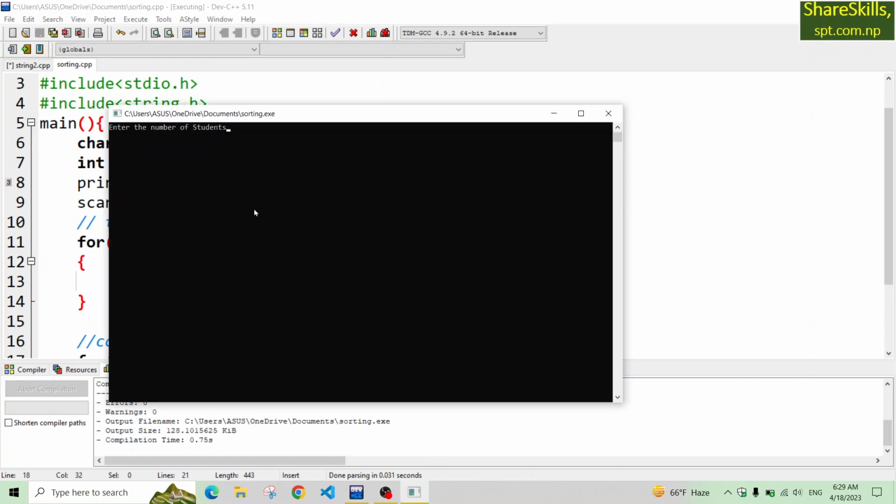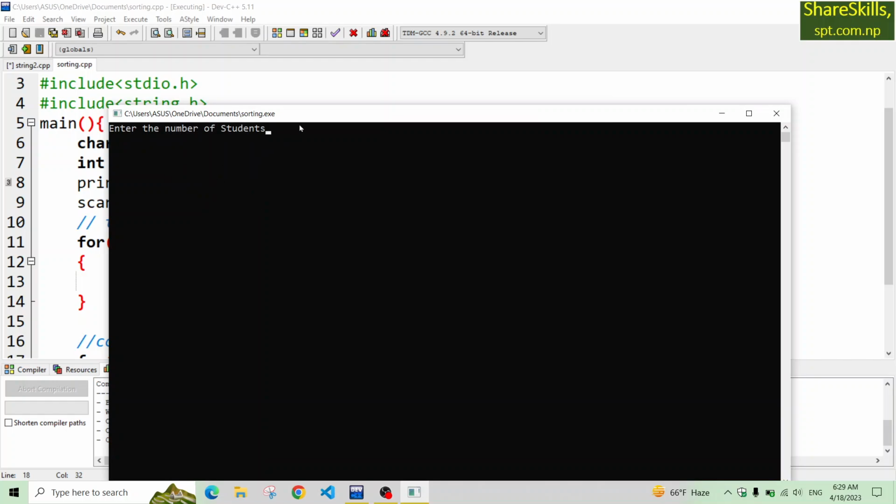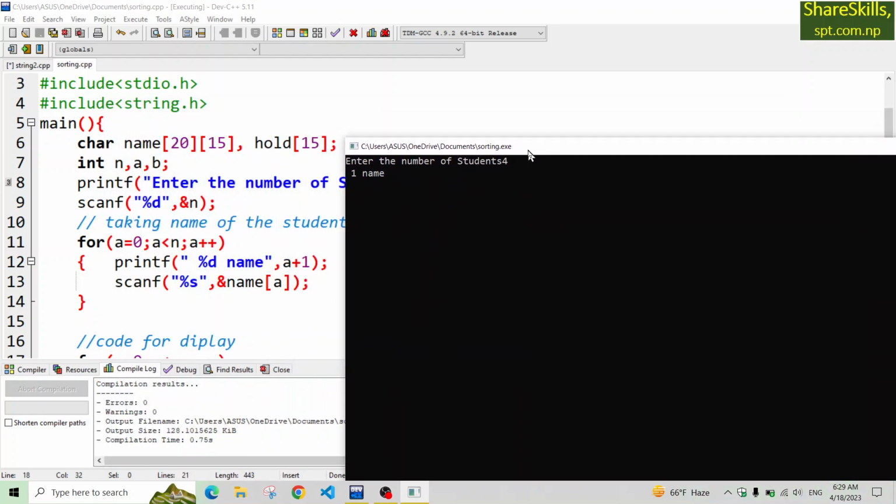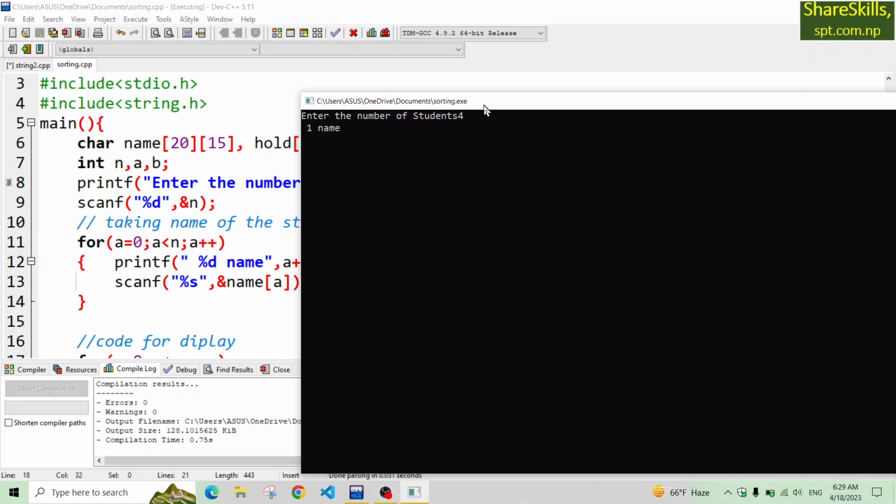First it will ask you to enter the number of your students. Suppose I have 4 students, and just only 4 students. See here, one number, because it comes from this I have given, that person's name. So in person's name here comes the value from a plus 1, and then here I'm going to write, suppose, Surendra, and then the second name I'm going to write Sha